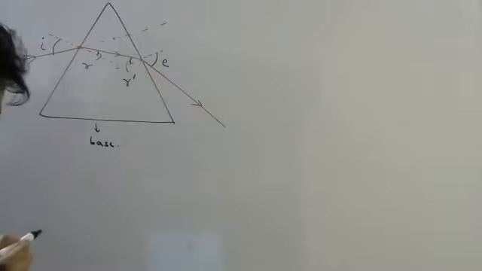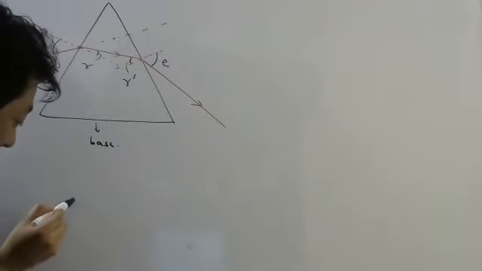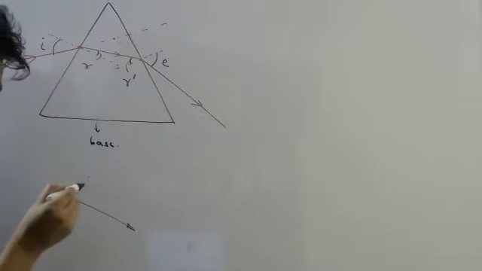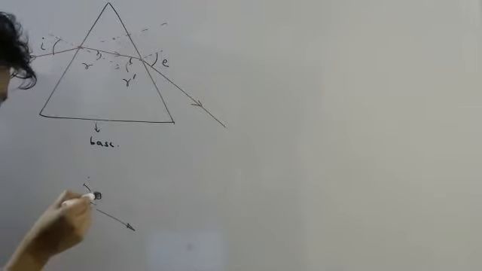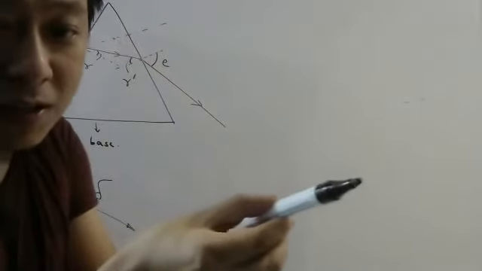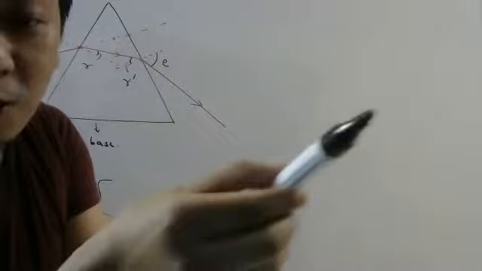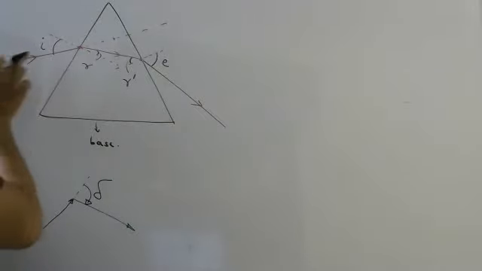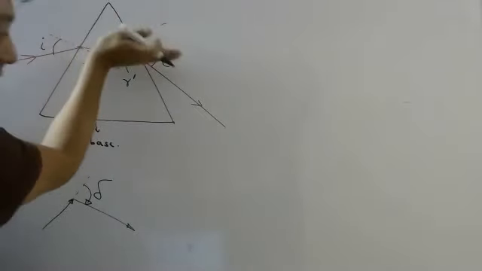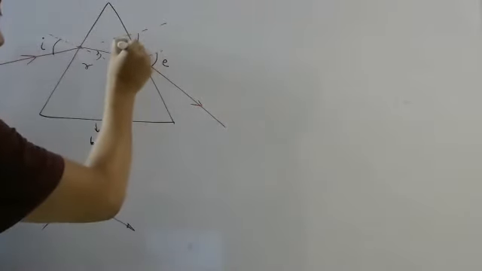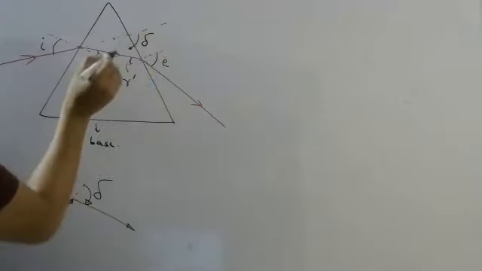Then if you go like this and suddenly you turn like this, then this angle, by how much you turned, that is called deviation. So like this you are going, then like this you are turning. And how much angle you turn, that is called deviation. So here light is going like this, happily, okay, suddenly it bends here. So this angle is the deviation.